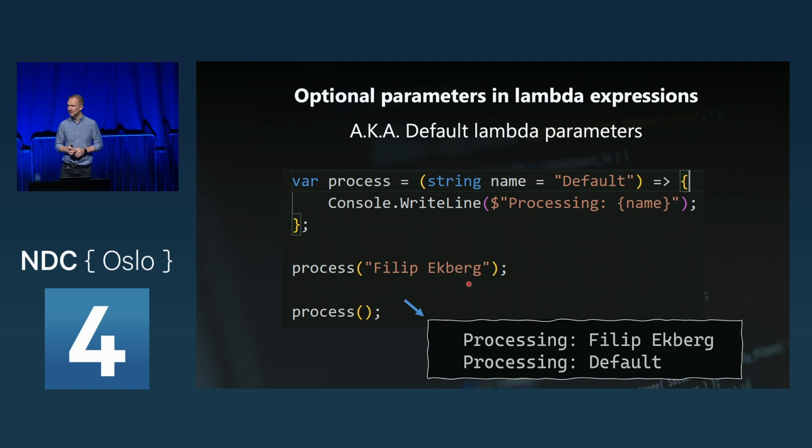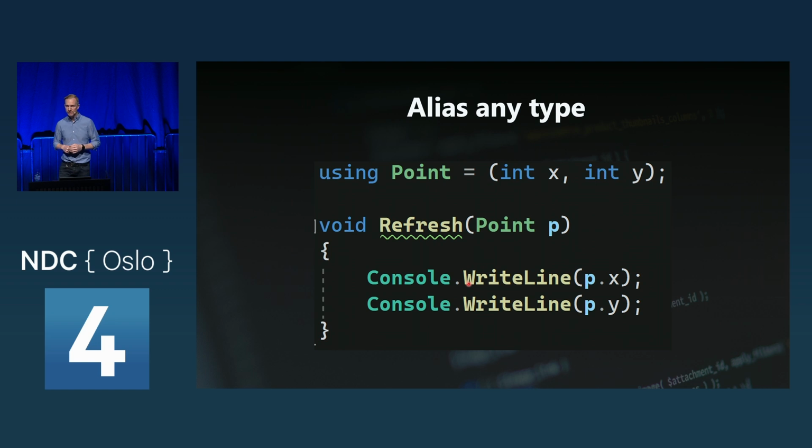The final feature that they have officially said they are getting into C# 12 is the way to alias pretty much anything. This is an interesting language feature. So I'll go into my class and say I want to use the name Point. And whenever I call something a Point, this should refer to the tuple. Now, we haven't talked about this, but in C# 7 they introduced the concept of tuples as a first-class citizen in the language. This introduces a container of sorts, just fields on a little class. Very handy, very useful feature.